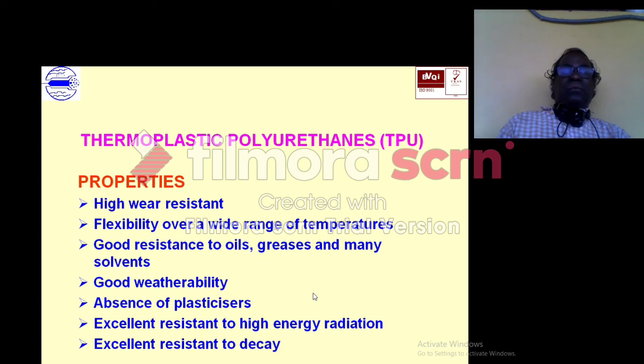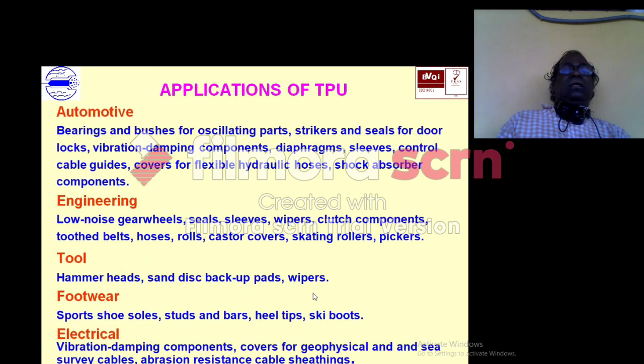So these are the properties of TPU, and you can use it in automotive engineering, tools, footwear, and electricals. The brittle temperature is low. It will withstand far low temperature.